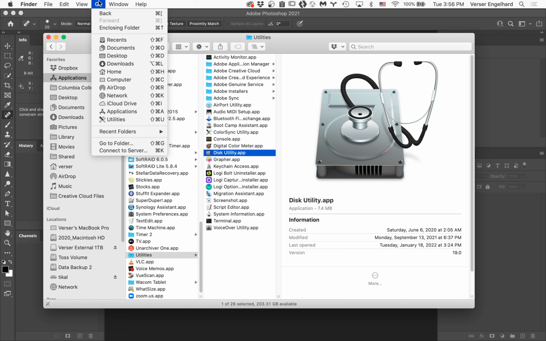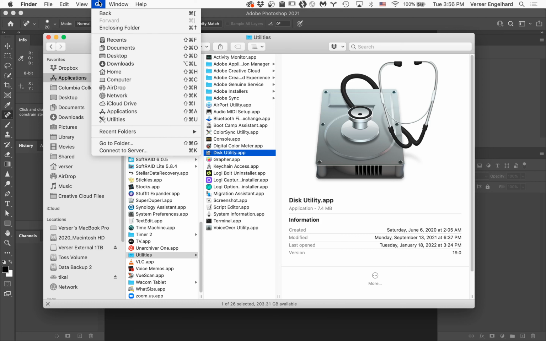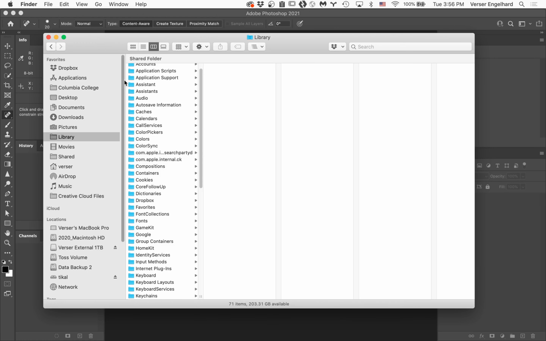But they've made it invisible for us. To be able to see it, you hold down either the Option key or the Shift key. It's different depending on the computer you've got. So hold down either Option or Shift and you will see Library shows up in the middle of it. Once that happens, go ahead and let go and you will actually see you've now got a window that is your library. There's all sorts of weird things in here like game kits and fonts and all that kind of,